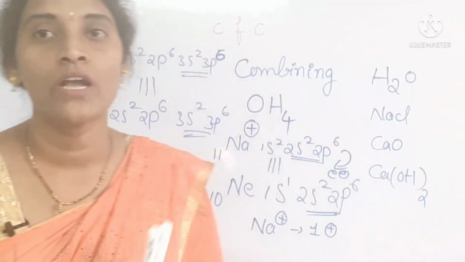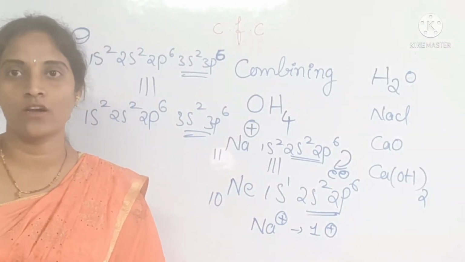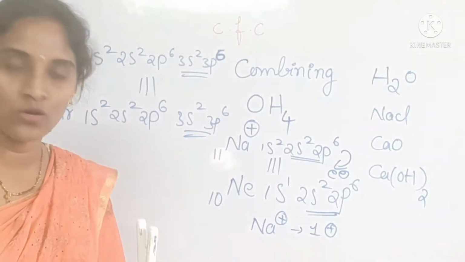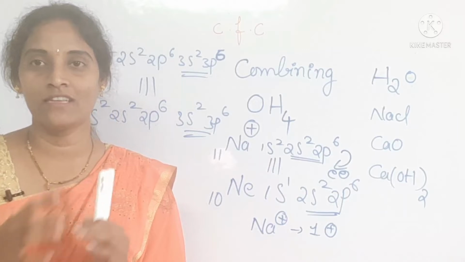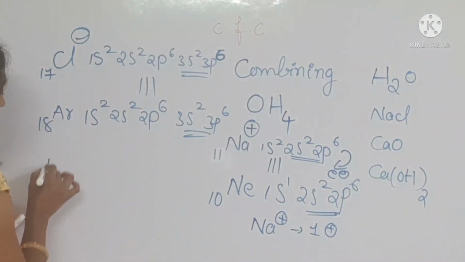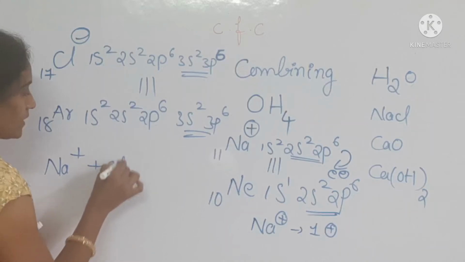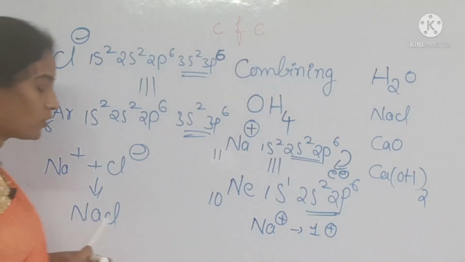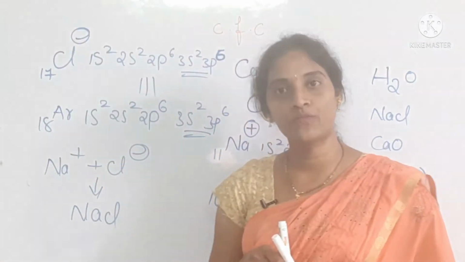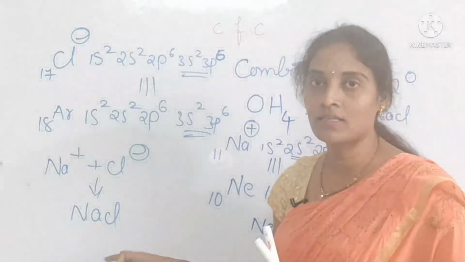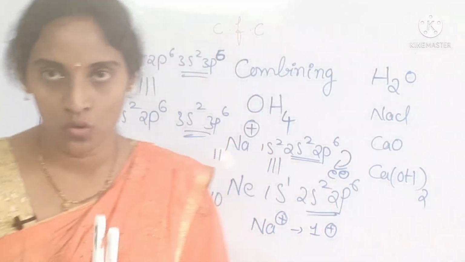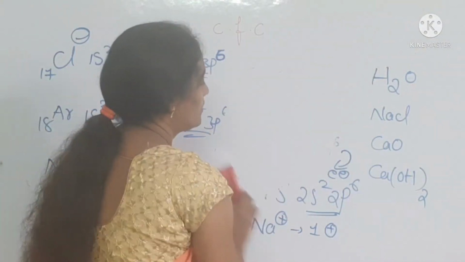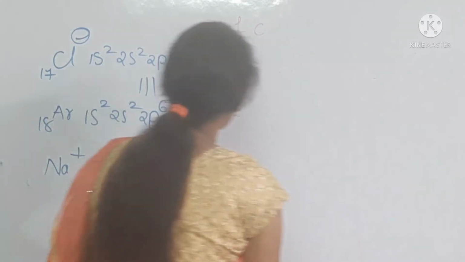At this time, what happened? After losing and gaining electrons, the atoms can't stay alone for long, so they need to combine with each other. So here Na+ and Cl- combine with each other. They form one compound, NaCl. That compound is sodium chloride. Here NaCl is the chemical formula of the sodium chloride compound. See, we can see some ions, cations and anions.